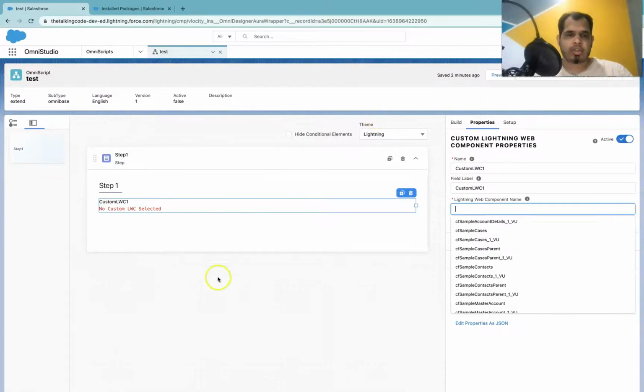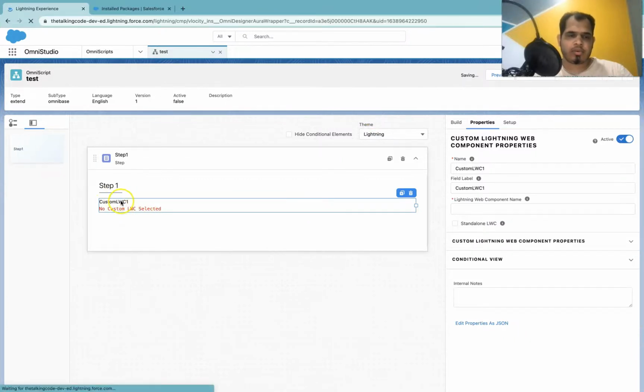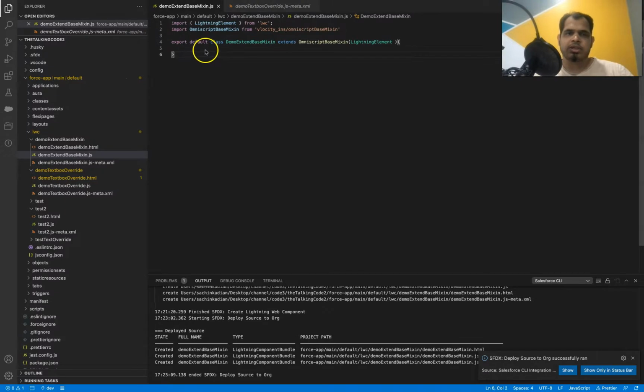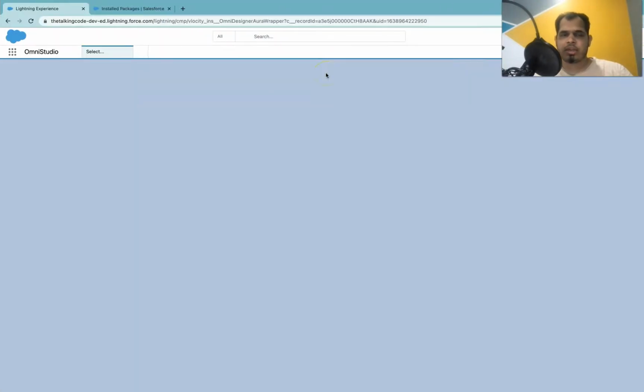Okay, and now let's add it to the OmniScript, so that we can start making the changes in the LWC component and can preview it simultaneously.